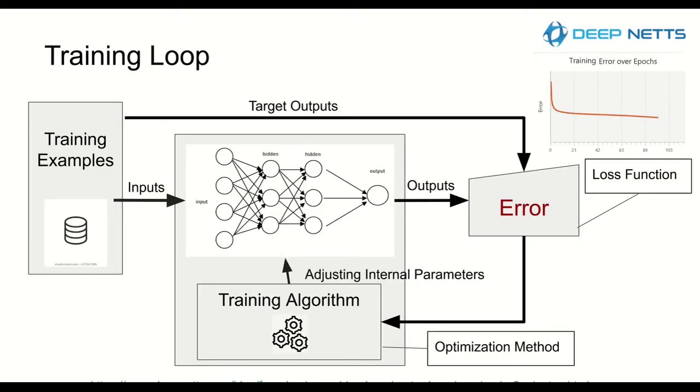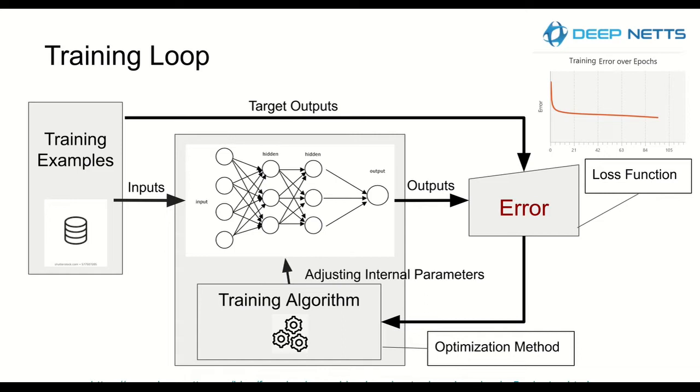So the main point of this entire procedure is actually the training of the model, and this is another diagram which explains in more detail what's happening during the training phase. As you can see, we have a neural network, which is a kind of deep learning model, and we provide these training examples,